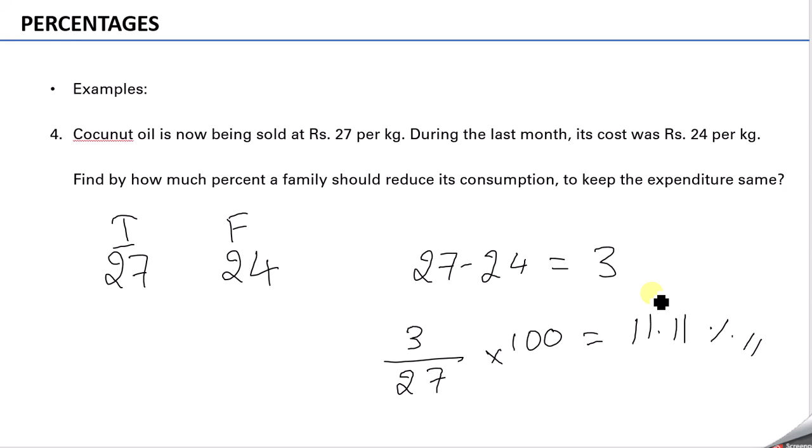So that's all on percentages and applications. We'll be trying to come up with unique examples so that all the top concepts are covered in each of the topics. These are the important ones under percentages. Whatever other questions you might face will be a variation of such kind, but the concepts will be the same. So that's all on percentages and its applications.